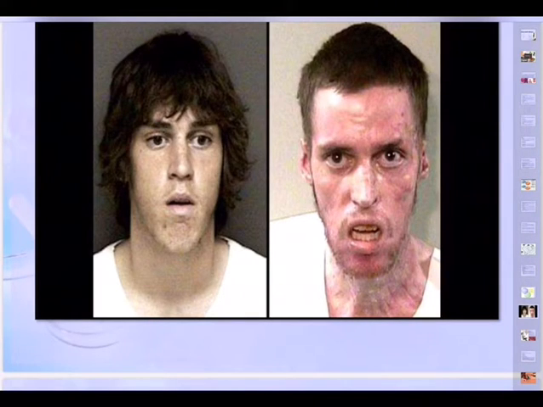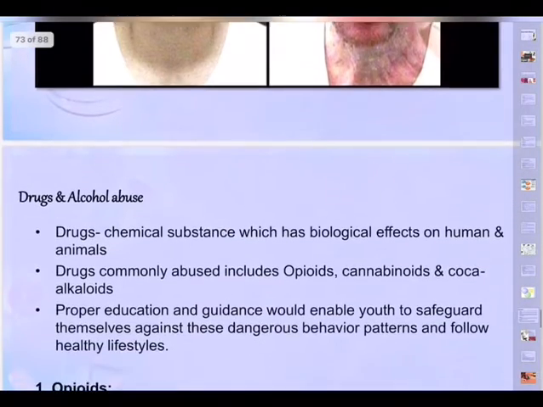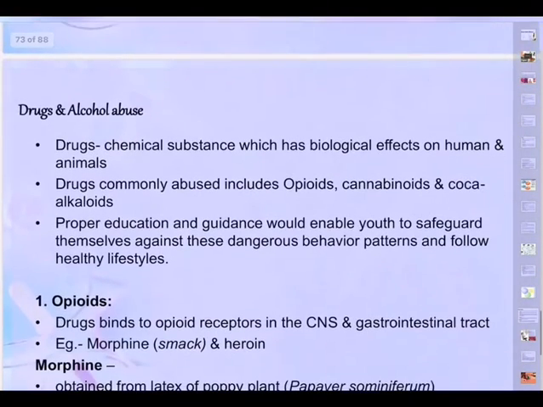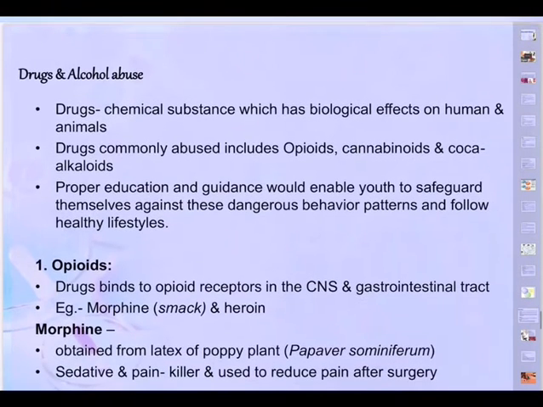Of course, this is what we are seeing morphologically. All of you know, being biology students, that anatomically there will be severe damage to the lungs, and that results in lung cancer also. And the liver, whenever alcohol is used on a large scale, it damages the liver. Hence, drugs and alcohol and smoking will always affect the individuals.